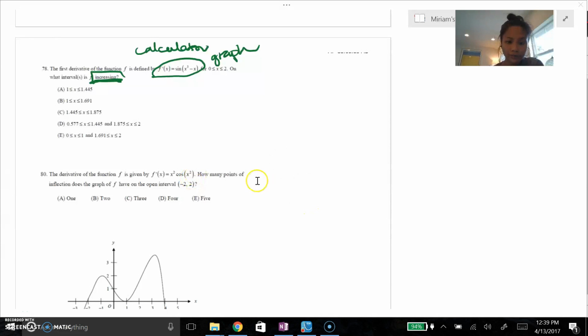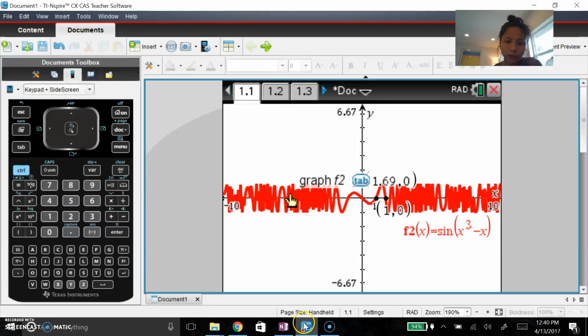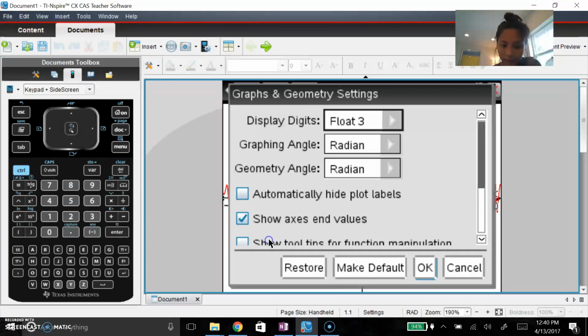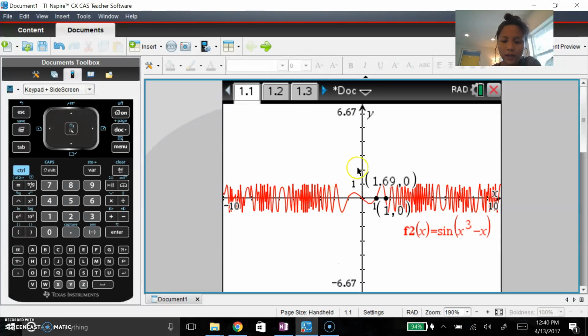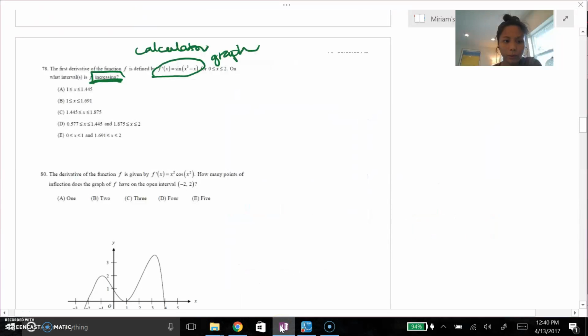Okay, now that you've graphed it, your calculator should be in radian mode. So I just want to show you again how to do it. Go to Menu, Settings, and make sure that everything is in radian mode. You can make it default. Okay. And when you graph sine of x to the third minus x, which is what was in our problem,